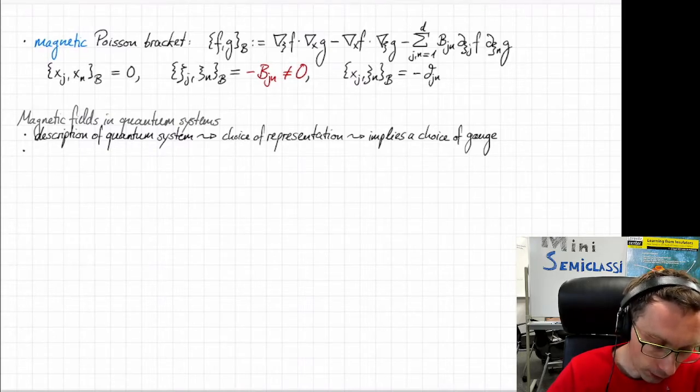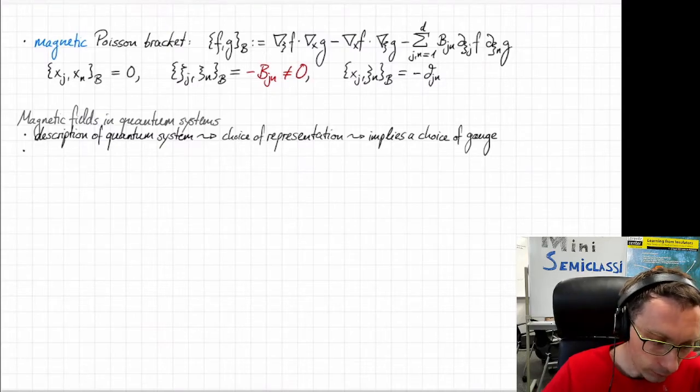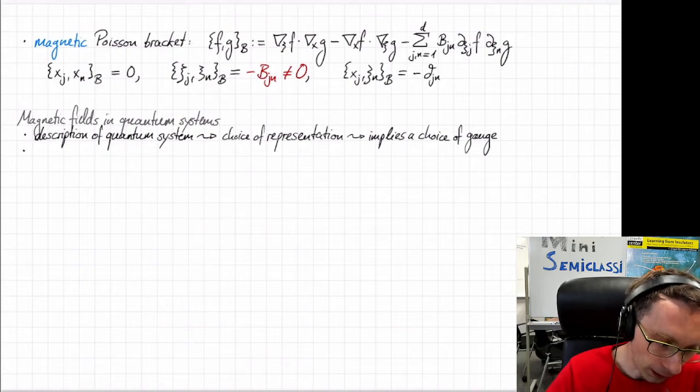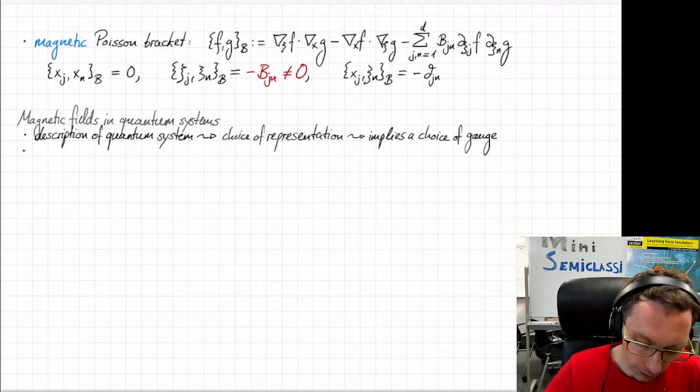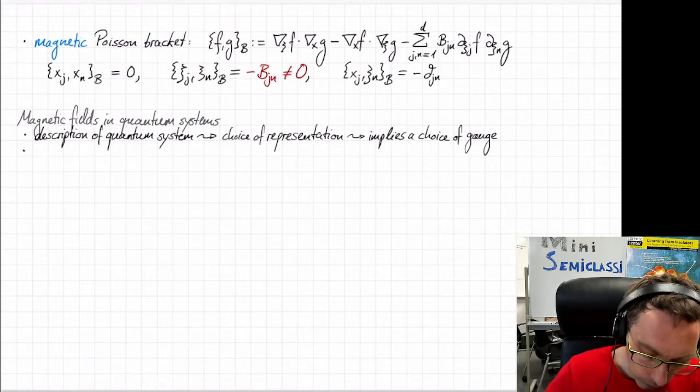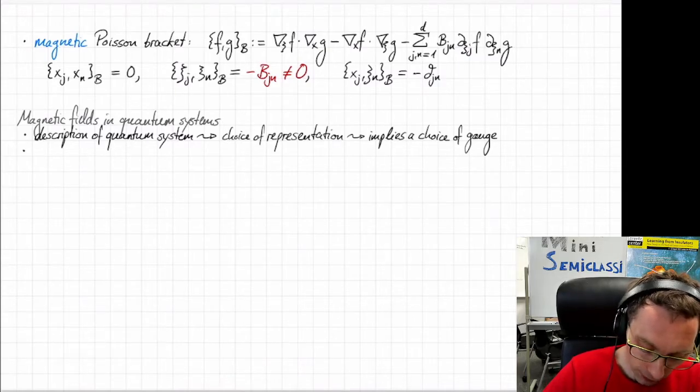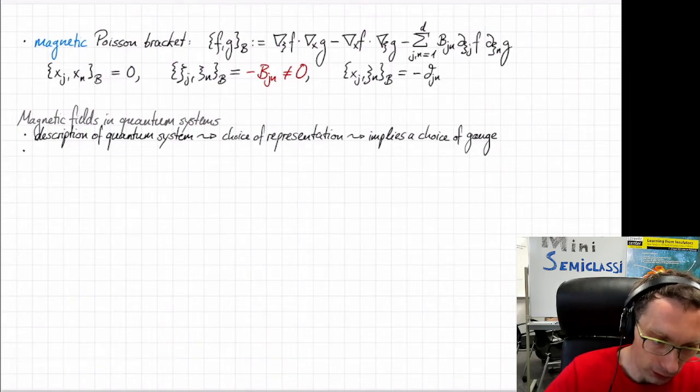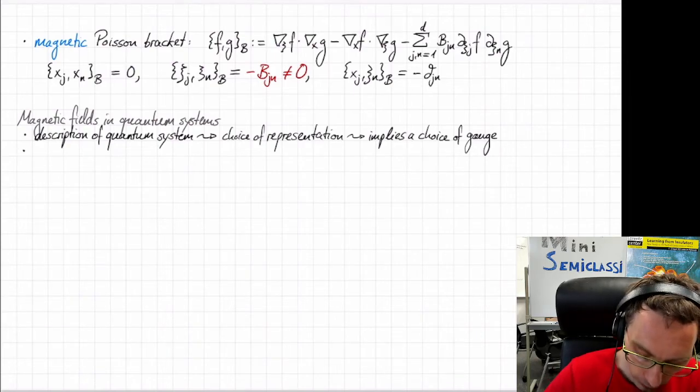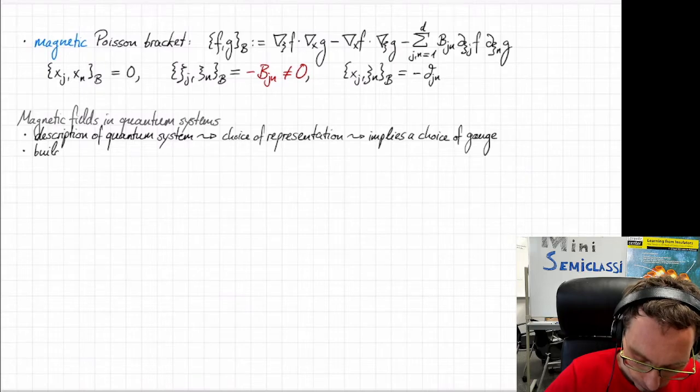And because essential properties of physical systems are described only modulo a unitary, so for example the spectrum or the spectral components, the same is true for magnetic fields. All essential properties of the system only depend on the magnetic field. So let me make this mathematically precise. So the building block operators